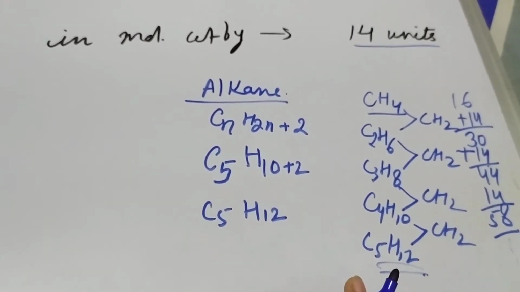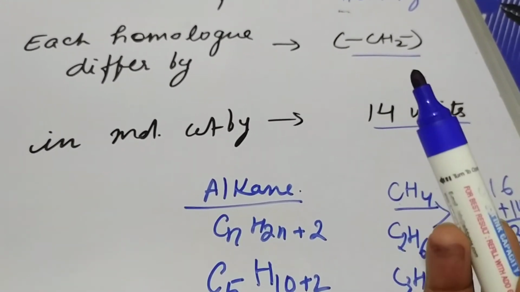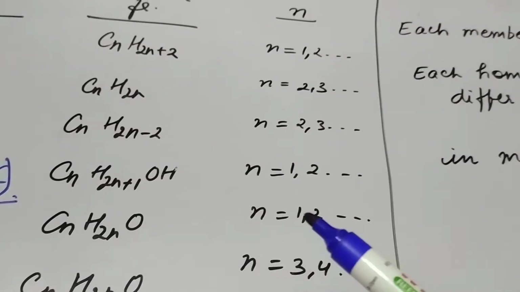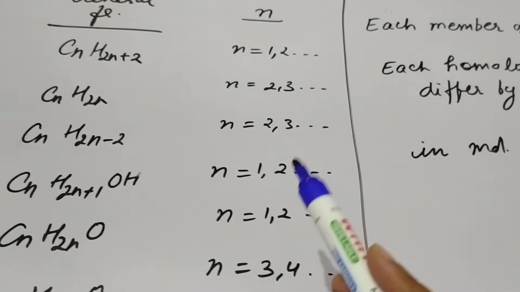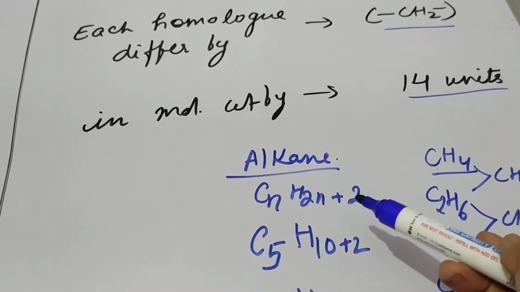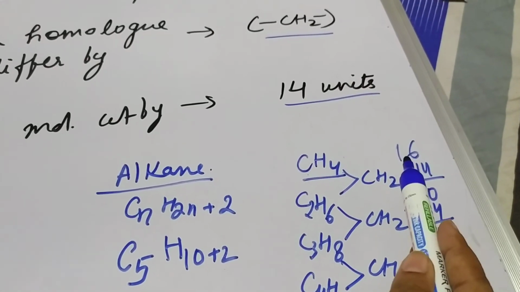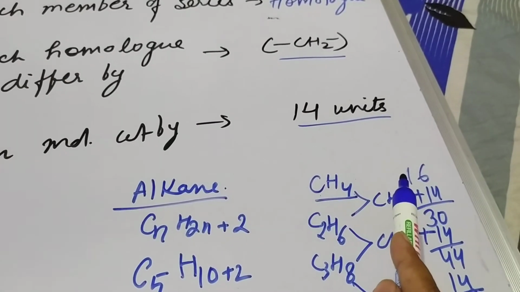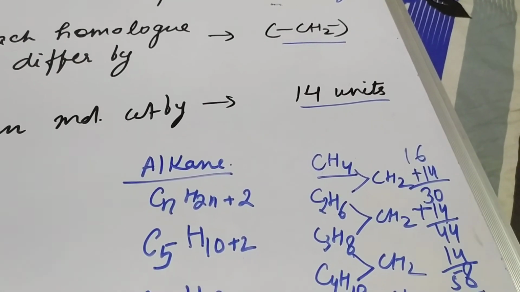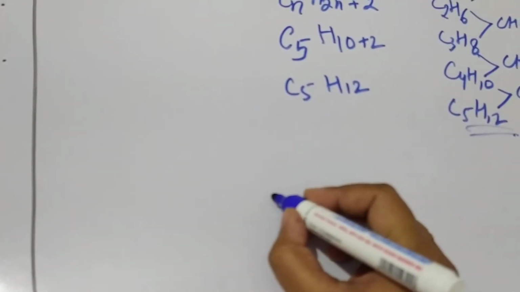So these are the two methods by which you can calculate the molecular weight and the formula of any given member of a homologous series. One method is to know the general formula and the value of n, and the other method is by adding CH2 to the molecular formula of the first member, and if molecular weight is asked, you just keep on adding 14 to the molecular weight of the first member of any homologous series.